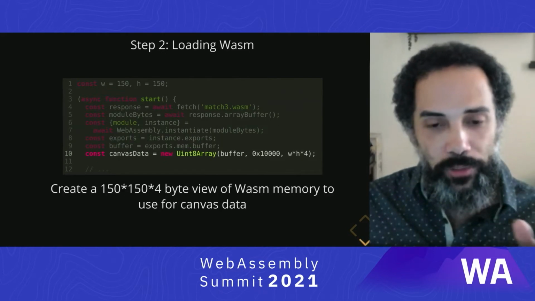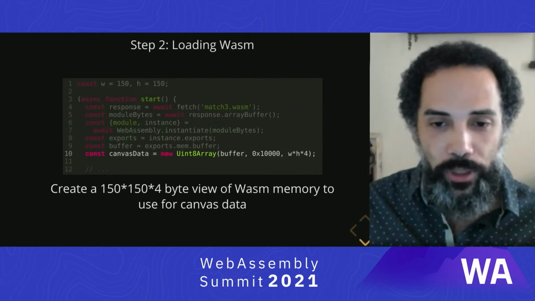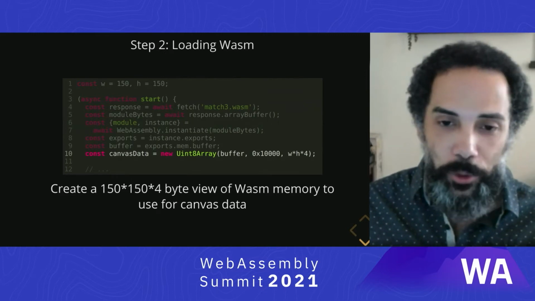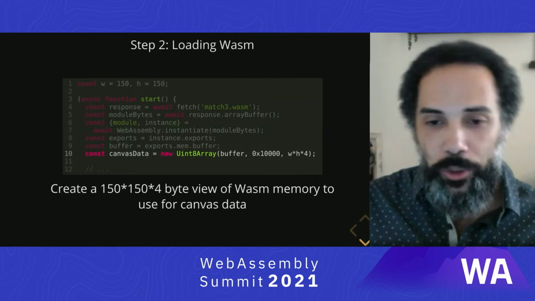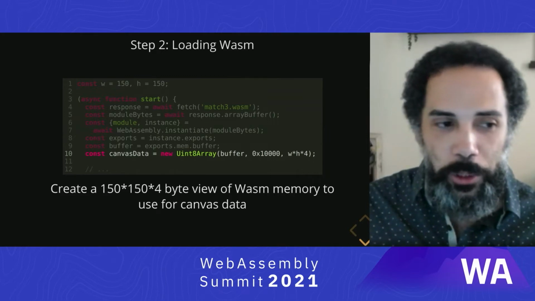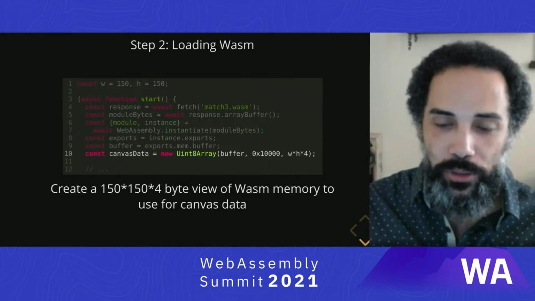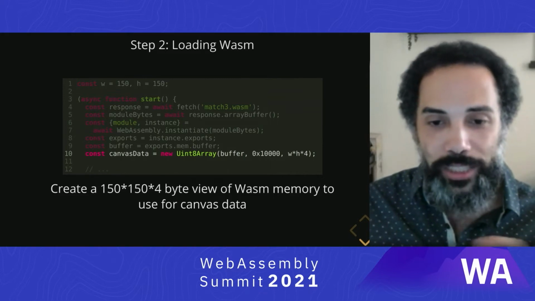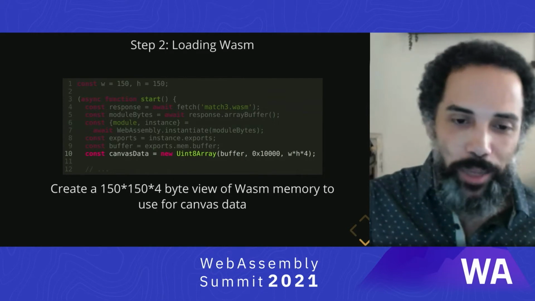And finally, we create a view over that memory buffer for the entire data that we're going to use for our canvas. So we use the width, which is 150, and the height, which is also 150. And then we multiply by 4 because each pixel is 4 bytes. That gives us a view into the WASM memory, which we will then copy into the canvas.